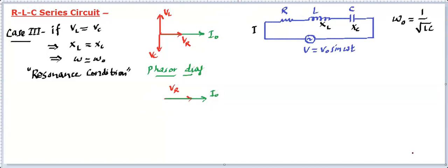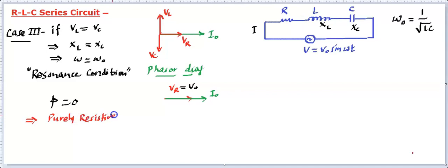So what is the phi going to be? Can we conclude what the phi is here? Yes, we can conclude this phi is going to be 0 because this is the only resultant and this is behaving like V naught. So voltage is V naught, phi becomes 0. So they are in the same phase and it's a purely resistive circuit. So we will say in this resonance condition you'll find the circuit is purely resistive. It behaves like purely resistive.